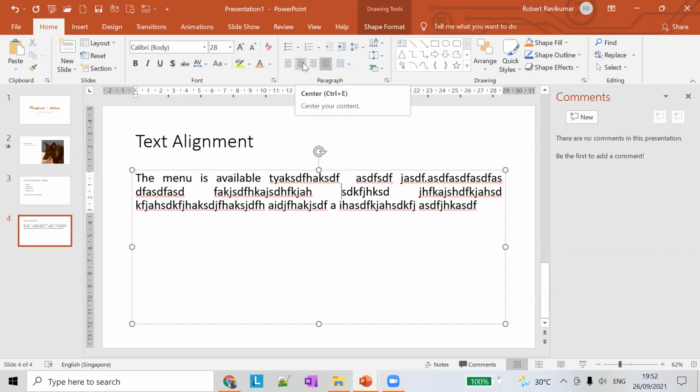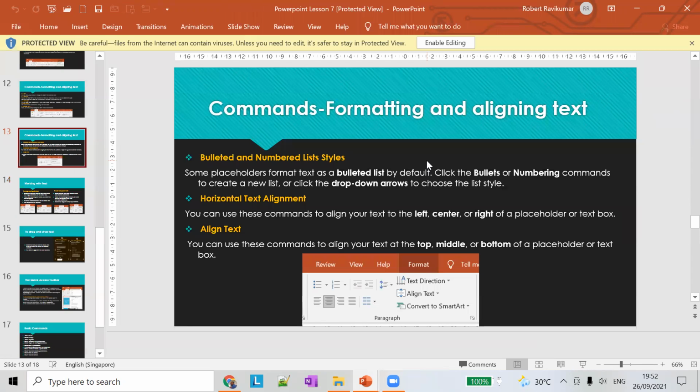So only these are the alignment options that are available. There are four alignment options: left, center, justify, and right. You can use this command to align your text to the left side or center. You can use this command to align your text to the top, middle, or bottom of a placeholder